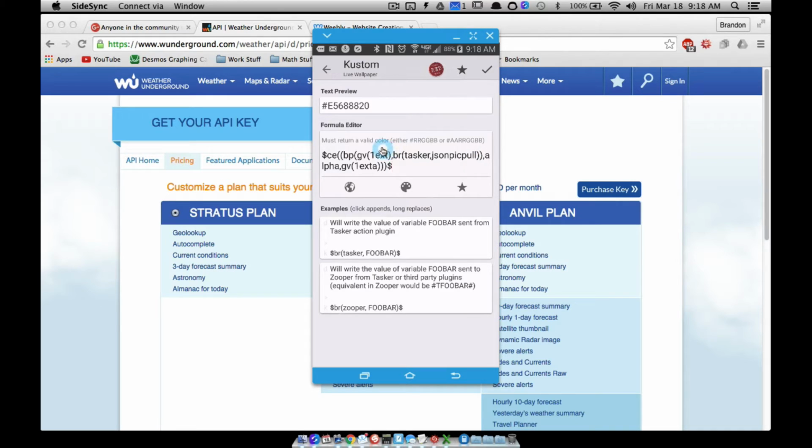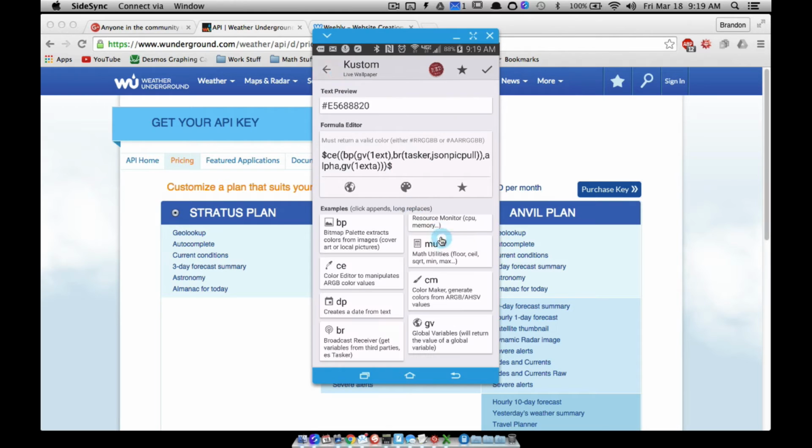So we're extracting a color from this image, and then I'm applying some of that alpha to it as well, so we can maybe make that rectangle transparent or non-transparent using some other global variables. But I did cover all that in a video, so go have a look at that. I do want to address how we pull it from the picture that we're getting from earth porn, nature porn, etc. And also what I failed to mention in that video